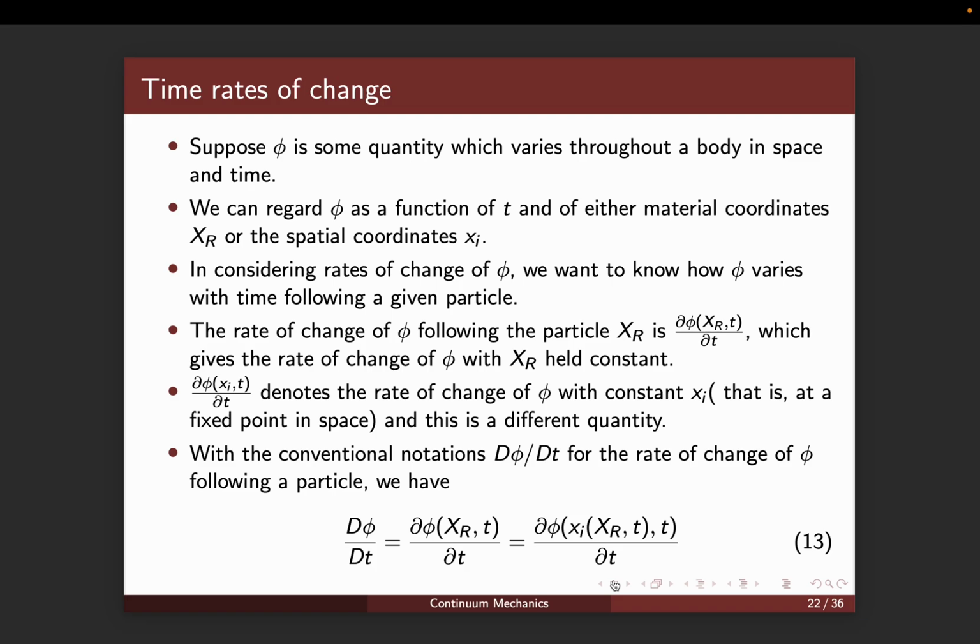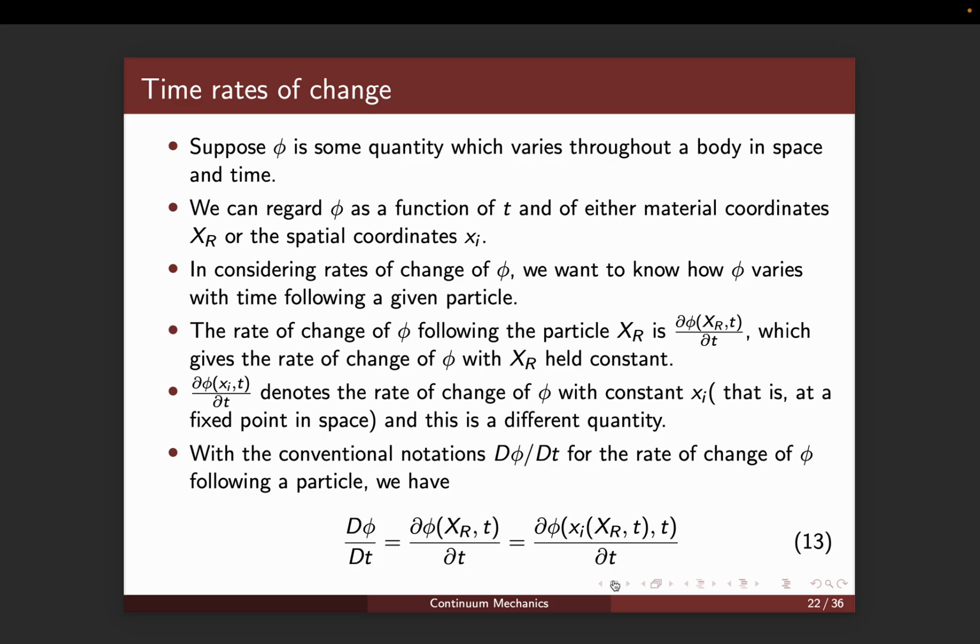In this series of Continuum Mechanics lectures, in this video we are going to talk about time rates of change and surface traction. Suppose phi is some quantity which varies throughout a body in space and time. We can regard phi as a function of t and either of material coordinates or spatial coordinates. In considering the rate of change of phi, we want to know how phi varies with time following a given